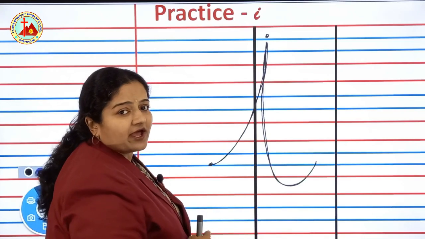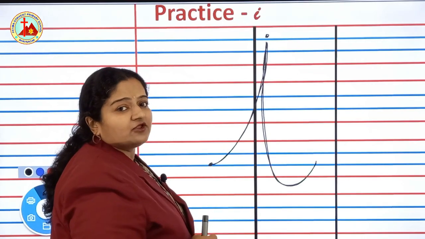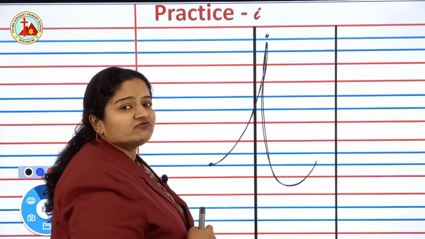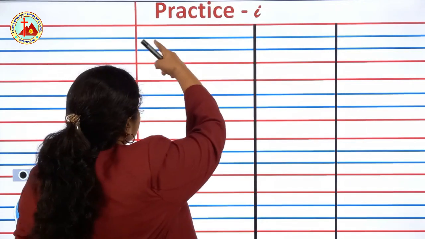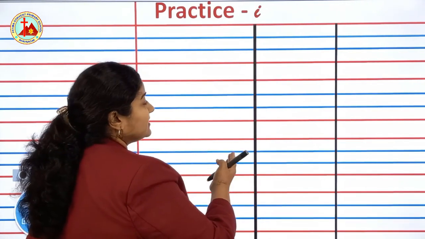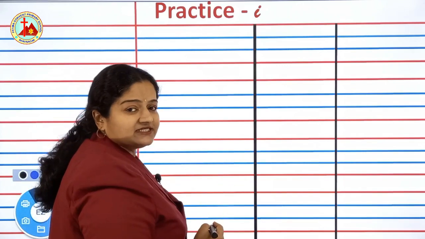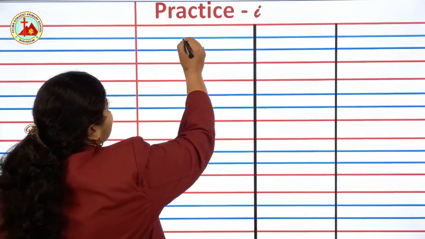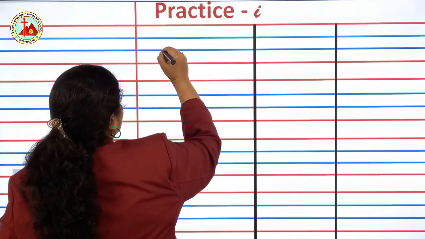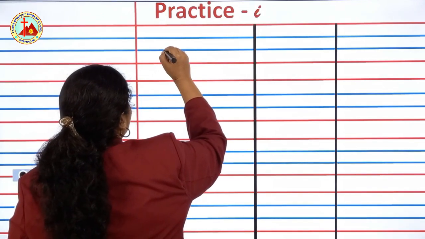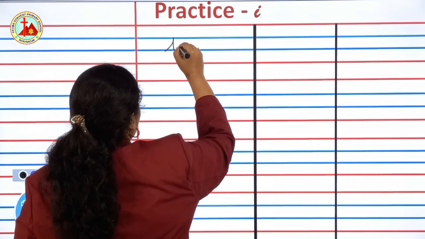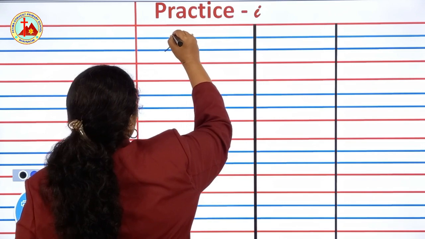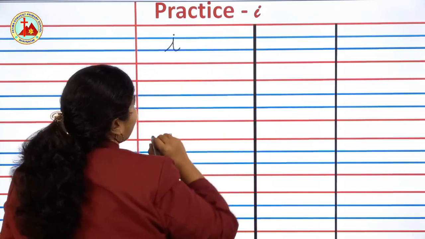As I said, you have to trace many times, then you will learn very fast. Now we will see how to write I in 2 blue lines. So children, this is the margin. You have to write on the right side of the margin. Yes, and you have to write I in 2 blue lines. So let's see how to write. Start from down, touch the blue line, come down, I. And last you have to put a dot on I.